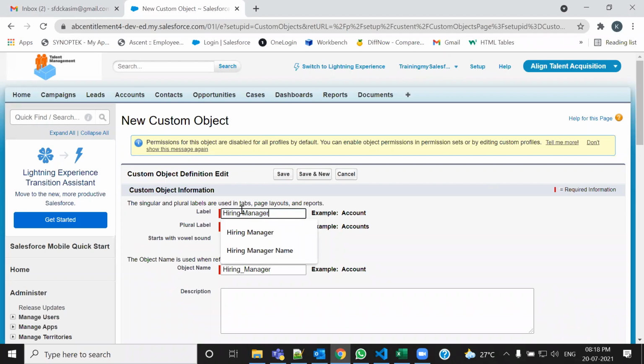Now it's going to give me one error if I go this way. Why? Because there is a space between this, object name है, स्पेस मत दो, rather go with like this, that is my underscore. Now singular and the plural labels आपको देने हैं, you need to copy and make it one s over here,